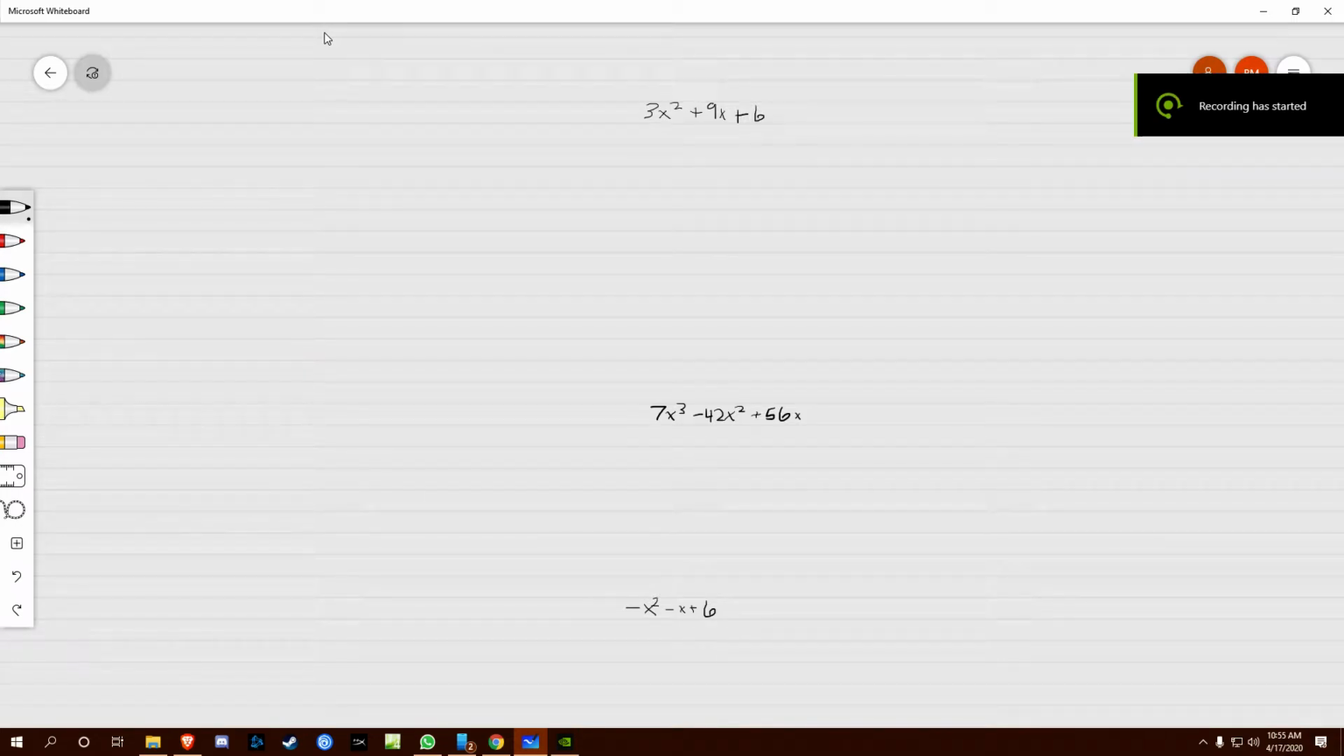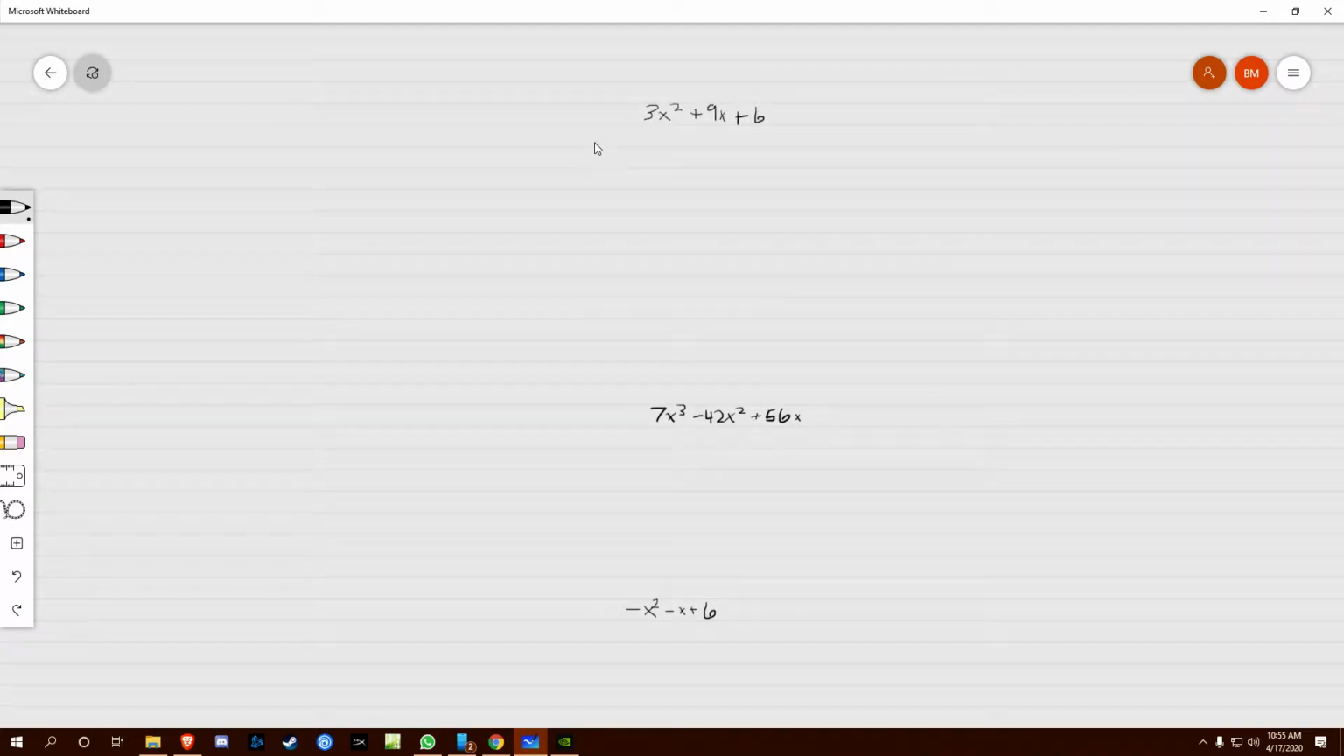Hello everybody, we're going to do a little bit more factoring, a little bit more advanced steps for our trinomial factoring. So we are given 3x squared plus 9x plus 6. Our first step in factoring trinomials, or really any problem, we should look for, is there something I can take out